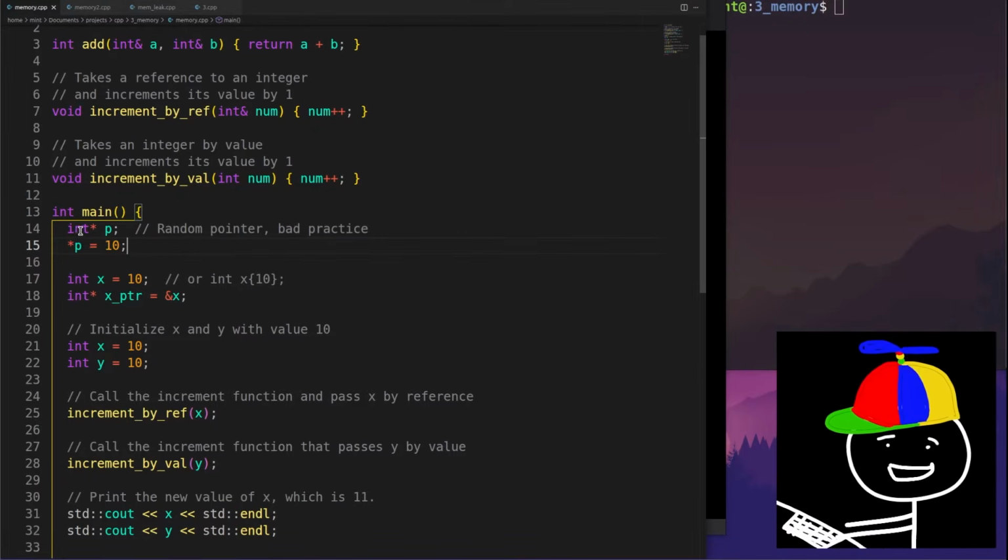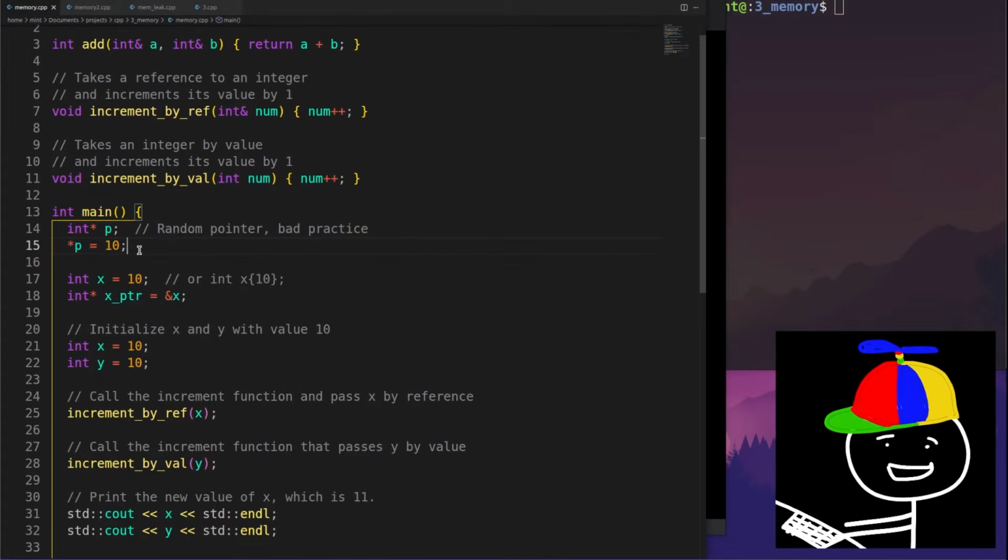So in the case where in the last video I compiled and ran this program and it actually ran fine, I basically just got lucky. Eventually, if this syntax is used widespread, it will result in what we call undefined behavior or a program crash. So this is something you want to avoid doing.